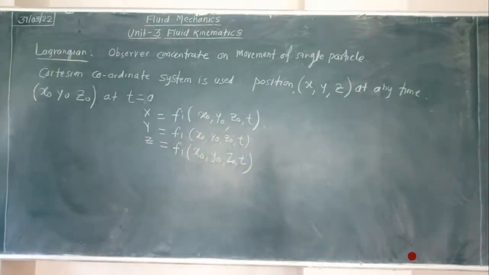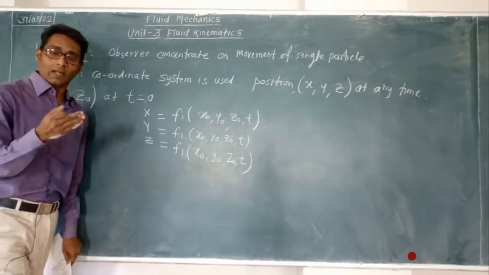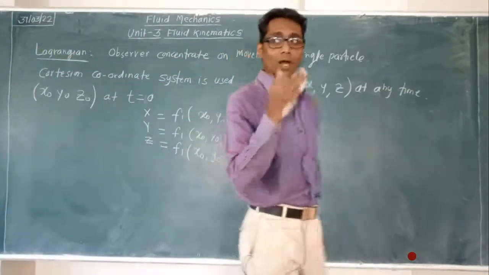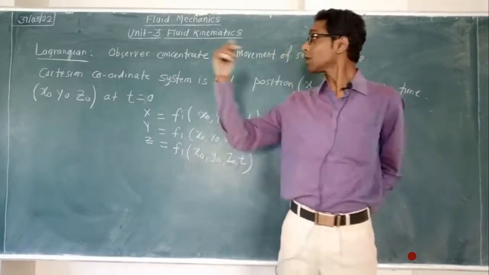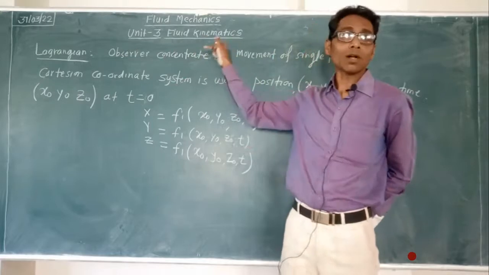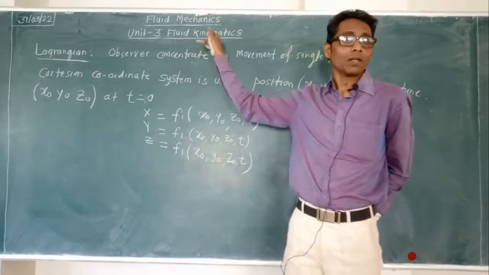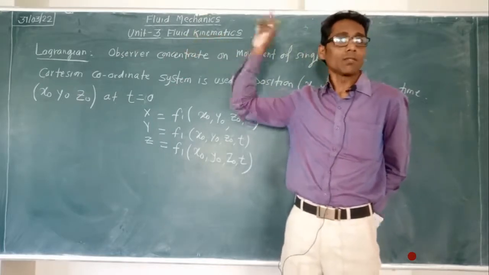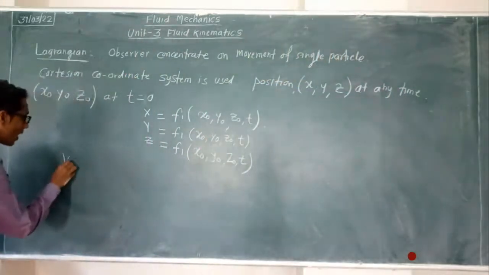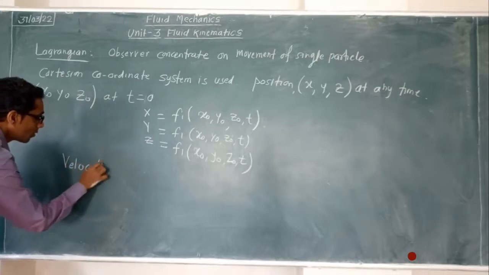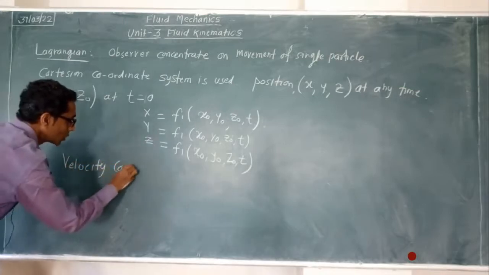In equation form, now here are the two components. The change in the parameter is expressed by using two components. One is called the velocity component and the other is called the acceleration component, because our main base is what? Kinematics, fluid kinematics. So acceleration and velocity. How are the velocity component and acceleration component mentioned or given?